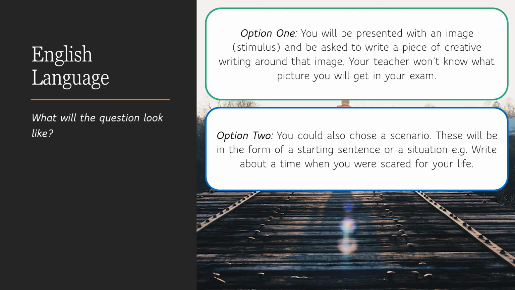go with the scenario. So this is where we have a sentence that is going to give you a situation. So it might be something like, write about a time when you were scared for your life. Now this is supposed to give you another option. A lot of people do find it quite difficult when they're faced with the image, but remember the idea of it is to actually stimulate you, to help you come up with some good ideas, not to actually restrict your